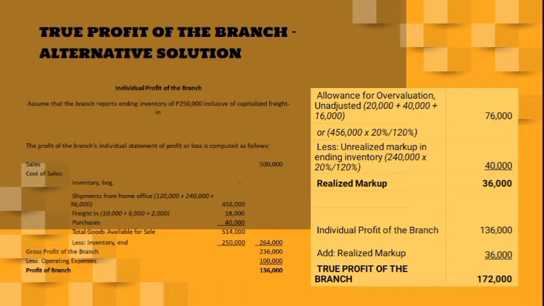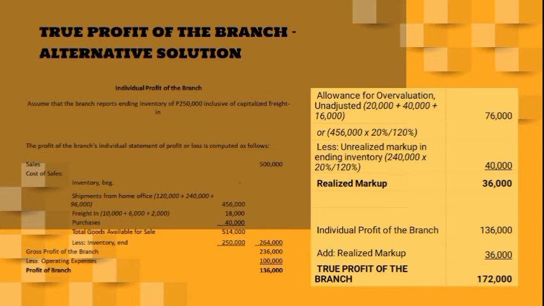What if these accounts are not yet given? So the best thing that we should do is to look for the total shipment from home office. So shipments from home office. Again, it was previously recorded that we have the total of 456,000. Then using the total, let's divide it using the markup over the total percentage at billed price. So to make it simple, just multiply 456,000 by 20% over 120% to get 76,000.